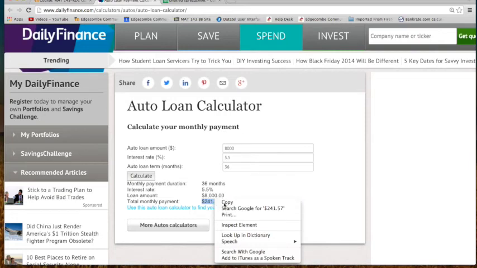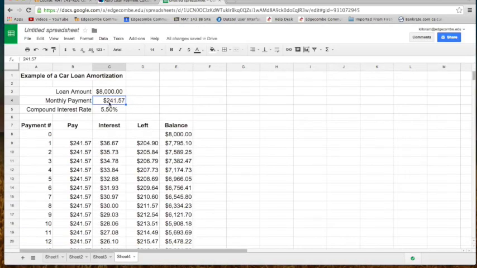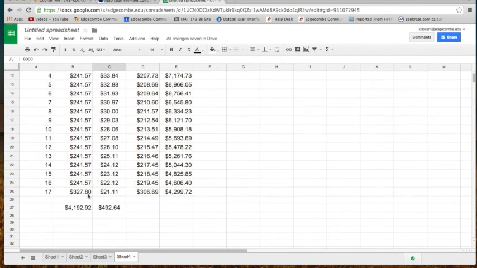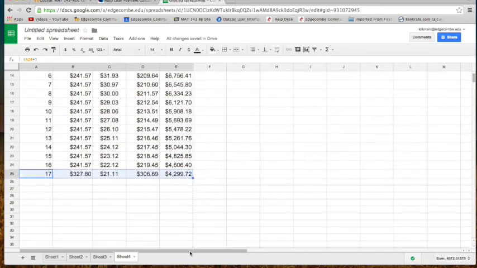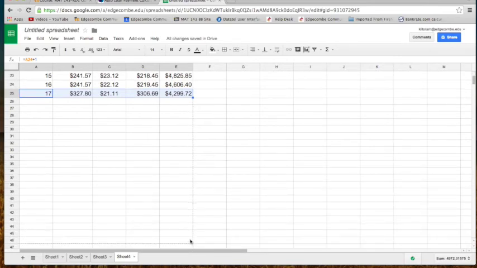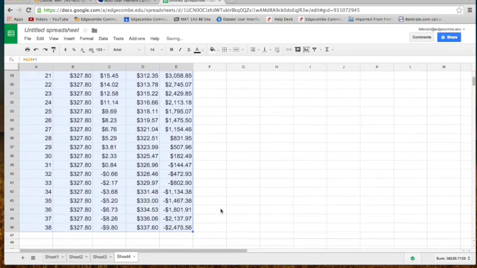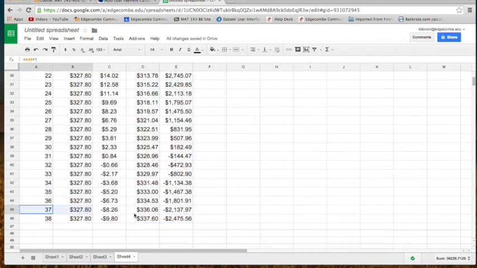So let me copy that. So paste $241.57 into our monthly payment. Our interest rate is already there. Our balance is already there, and if we go down, it's going to be longer than 17 months now, because we said 36 months. So let's go down to 36 months. Take this formula and start dragging it. See how far we've gone. That's 38. All right, so delete these two,